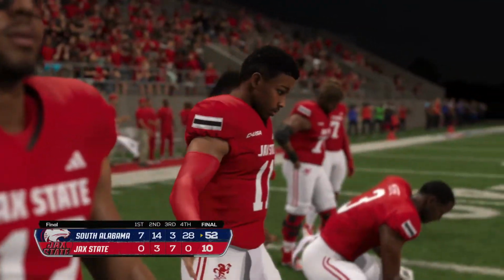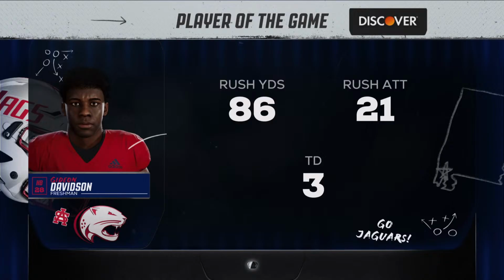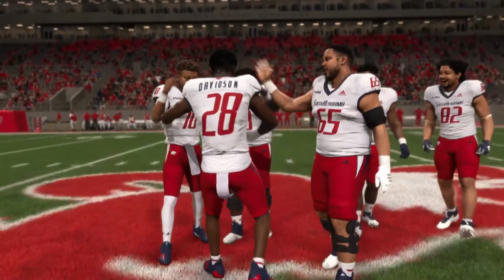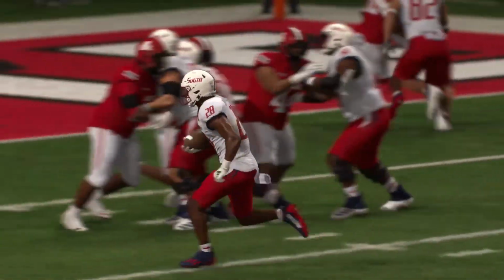With the win today, they're now bowl eligible, and that's certainly worth celebrating, at least to some degree, wouldn't you say, guys? Yeah, listen, at the start of the year, there are a lot of goals that get put up on the blackboard. Reaching a bowl game is one of them. So now you can go ahead and check that off. But if you're this football team,